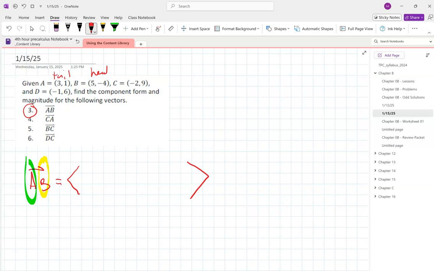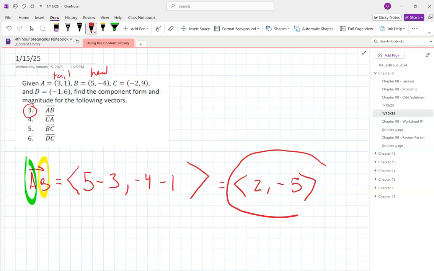So when I do head minus tail for the x's, it's going to be 5 minus 3. And for the y, it's going to be -4 minus 1. So I get 2, -5. That's my component form